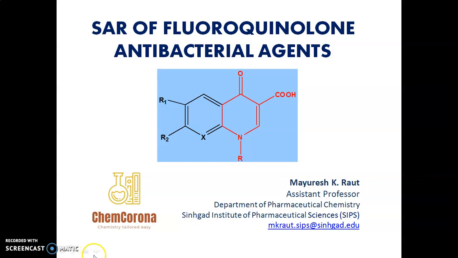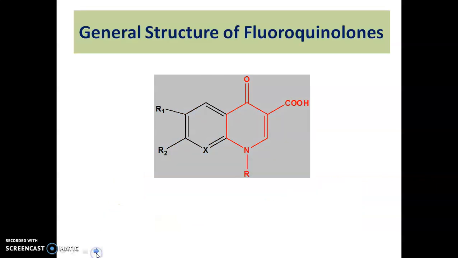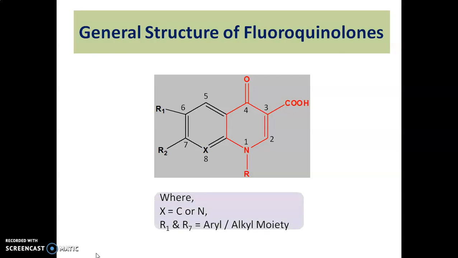In this video, we are going to discuss SAR of fluoroquinolone antibacterial agents. The general structure of fluoroquinolone is as shown here. It consists of a quinoline ring. If we want to number the quinoline ring, we start with the nitrogen atom. It gets position 1, 2, 3, 4, 5, 6, 7 and 8, where X can be either carbon or nitrogen